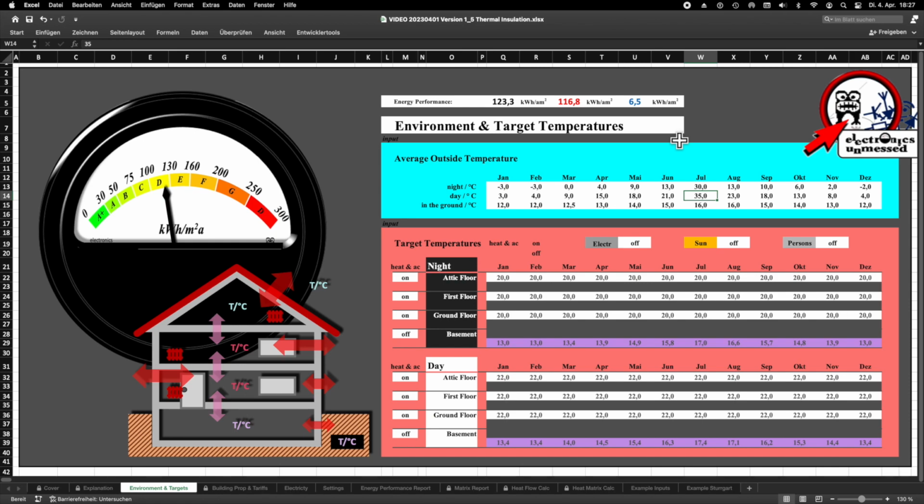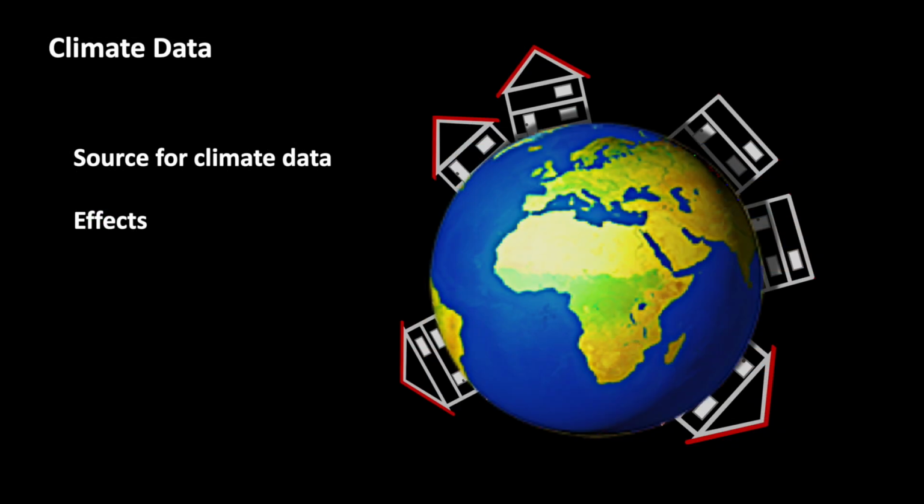And that was the first part of our step-by-step user's guide. We have seen how our tool gives instant feedback whenever the climate parameters are changed. We use an energy efficiency indicator in kilowatt hours per square meter and year to judge the resulting energy consumption.